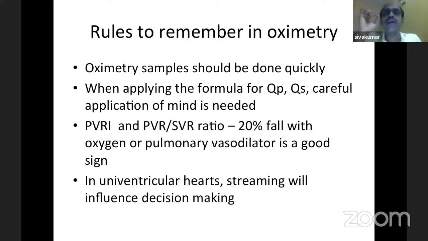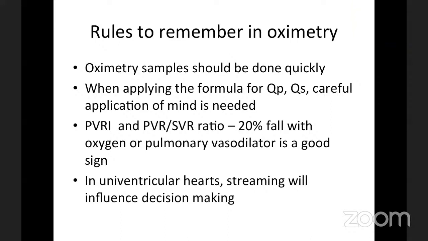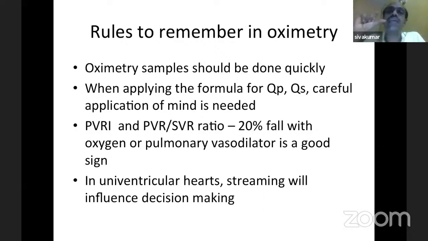So what they will do is take 2 samples, right atrial and pulmonary artery, and find out what the step up is. If that step up is more than, say, 7%, that means there is a significant residual VSD. If that step up is less than 7%, that means the residual ventricular septal defect is not of significance, and so the surgeon need not go back again. Now, your interpretation has to be like this. If the RA is increasing from 60 to 67, tell the surgeon it is okay, acceptable, come out. If the RA is going from 80 to 87, that means it is pathological. It means there is a large shunt. So you give more importance when it is at the higher levels.